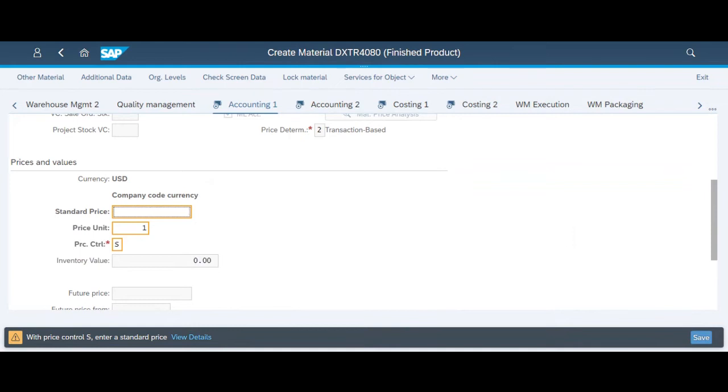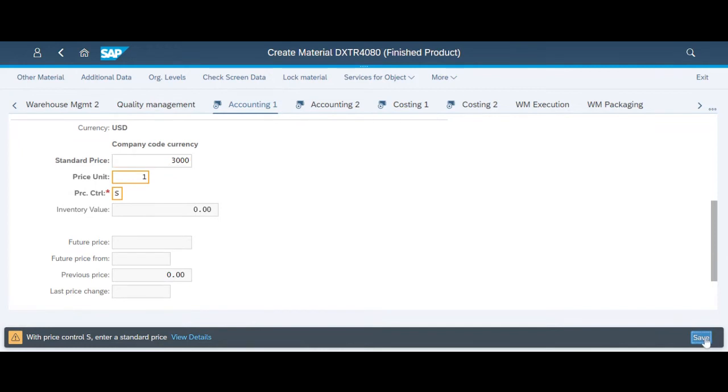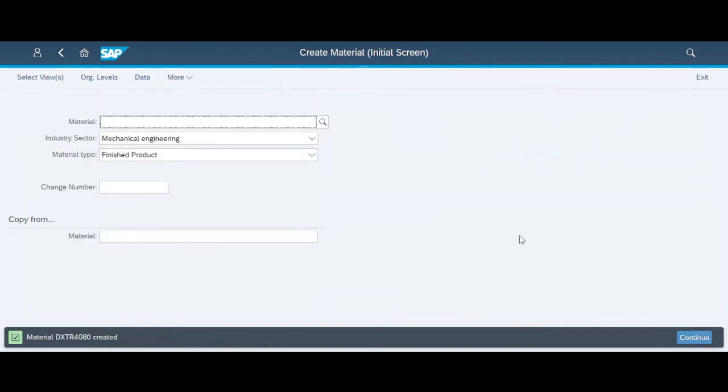Okay, let's put a standard price for this one, 3,000. Okay, that is the selling price. Local currency, yes, is okay. Yes, now material DXTR4080 has been created. So let me continue with where we had an issue,